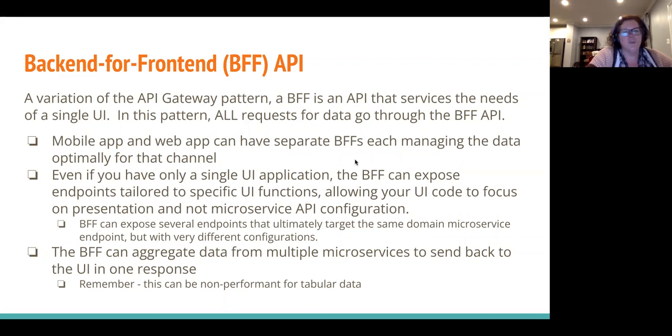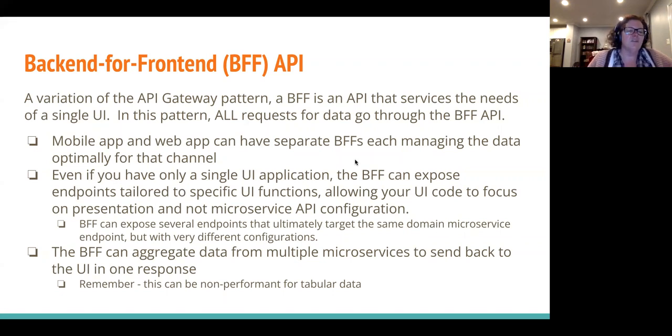This is especially great if you have different people acting as your UI developers versus the backend developers. It's probably less crucial when you use full stack folks, but it's super useful if you have front-end specialists, because they don't really have to know all the details about, these are the 20,000 configuration settings that you need to call this one API. And these are the ones you need in this scenario. And these are the ones that you need in that scenario. And like, they don't care. They want to design the UI.